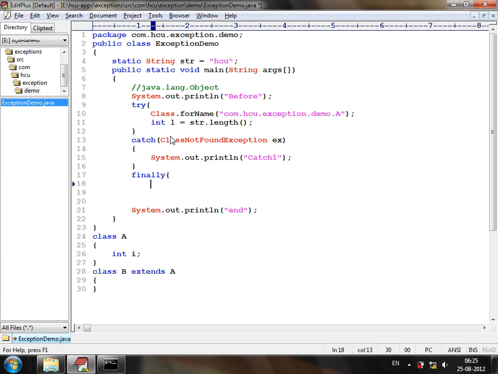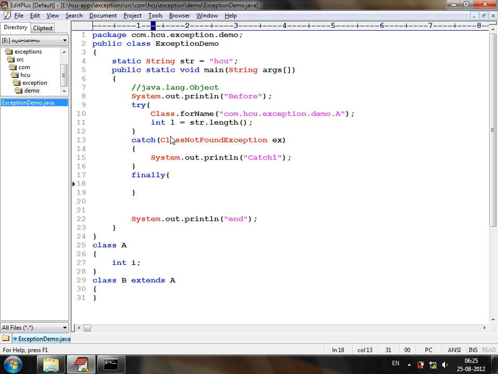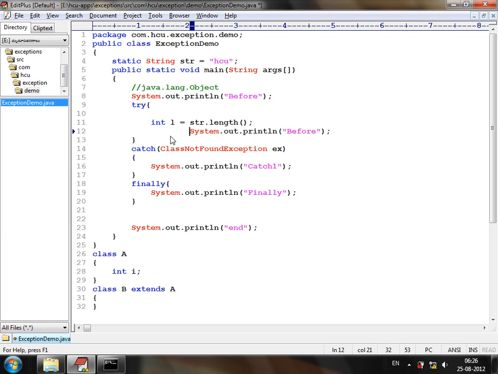There are three executable blocks in the exception handling: one is try, a catch, and finally. Let's consider that I have inside try,